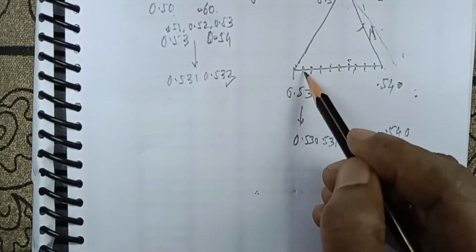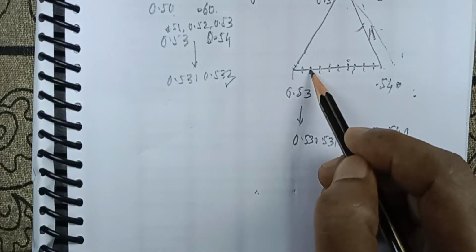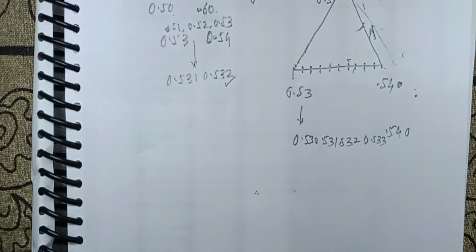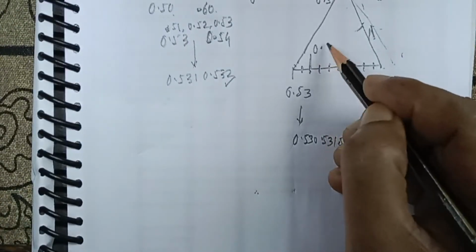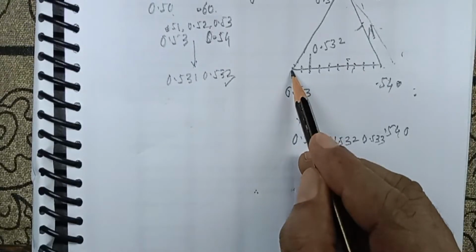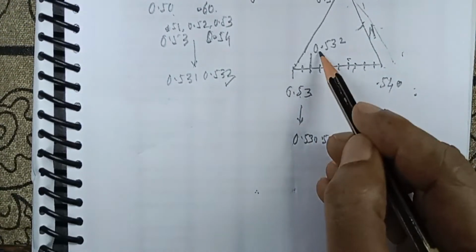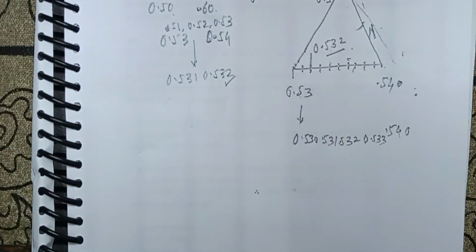So it will be 0.531, 0.532, and your question is 0.532. So it will be 0.532, because this will be 0.530. So it will be 0.532. ओके,